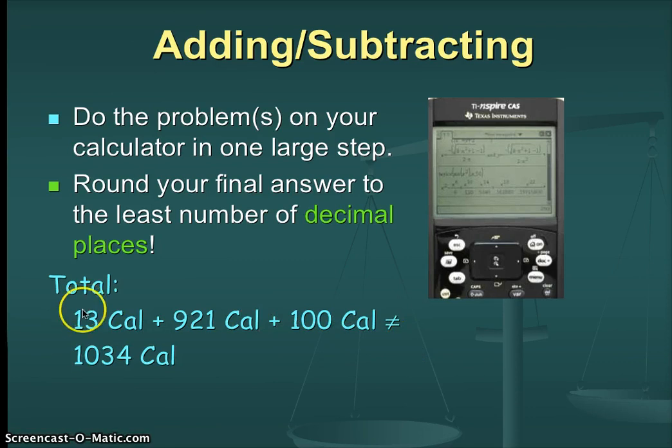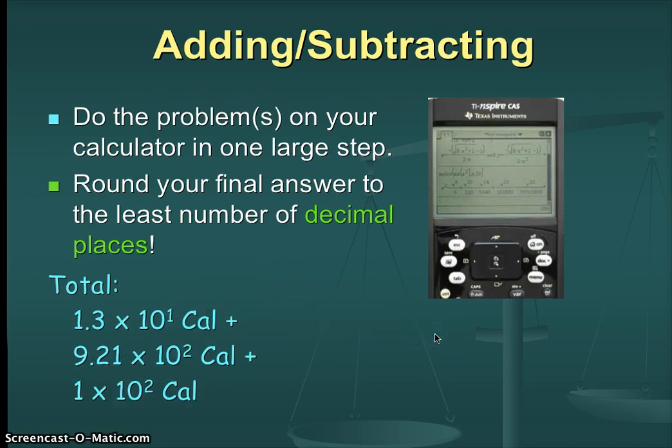How do we do decimal places? This doesn't have any decimal places, this doesn't have any decimal places, this doesn't have any decimal places, so how can we round to the nearest number of decimal places? When we say decimal places, we are assuming that you wrote the whole problem in scientific notation, whereby this has 1 decimal place, this has 2, this has none at all. Our answer should have no decimal places and should be, as we guessed it would be, about 1,000 calories. I'm writing the words out to show you what an estimate this is.